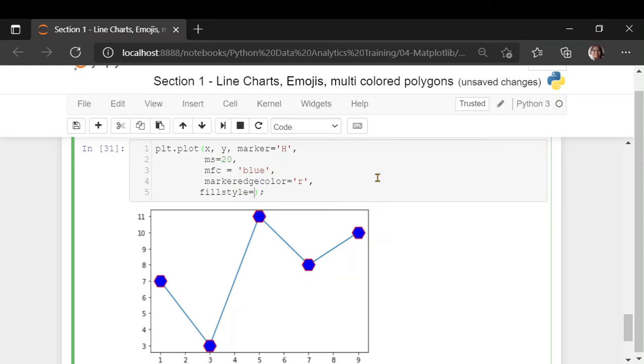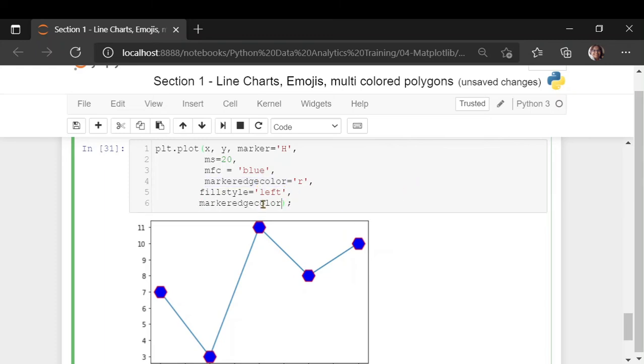As you dig deeper, you will find each and every property I have introduced is customizable. So you can say fill style is left, and once you say fill style is left, then you can use the marker face color alt,